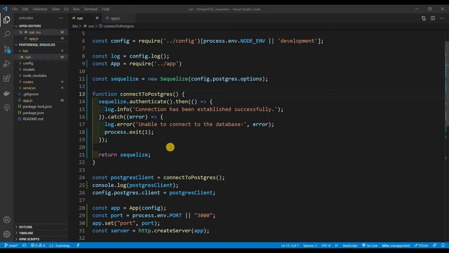This is Web Dev Journey, and in today's video we're going to be talking about models. In the last video we connected our server to our database, and in this video we're going to be talking about creating models and also all the things you could do with models, because I don't think a lot of people could